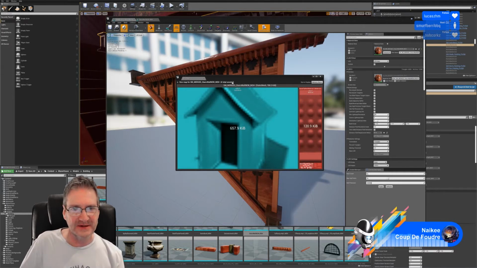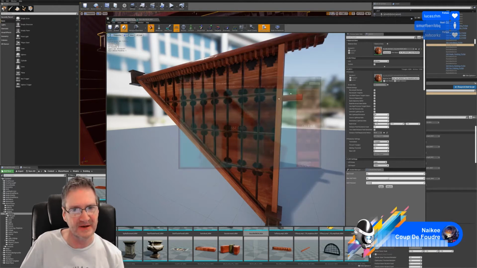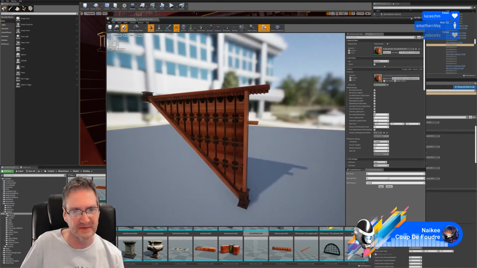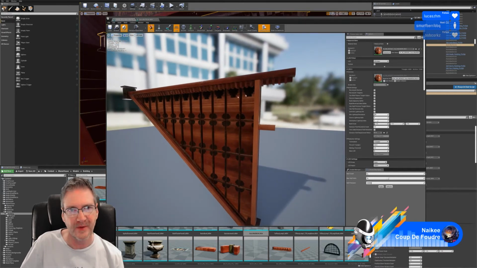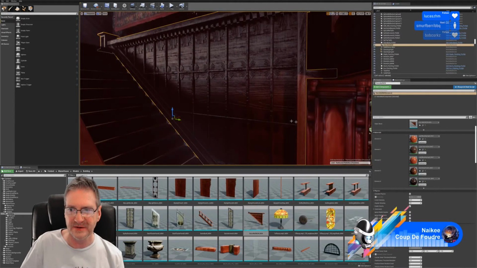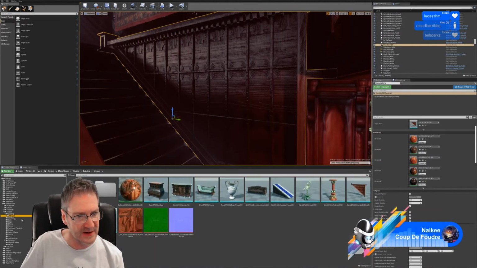So yes, we've saved on draw calls, we've saved on memory for the asset, and we've saved on size on disk, and we've lost nothing as far as quality of the asset goes. So let's swap this one out for the new one now. So we've got that selected, back into our merged, select the optimized version,